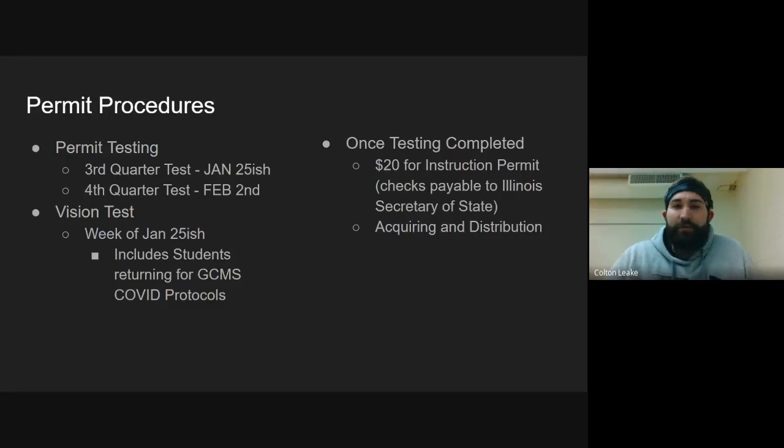We were going to do our test for third quarter next week on Friday, and then the COVID bug hit us, so I've moved that right now to January 25th-ish. That could be January 26th. It could be January 25th. I prefer to do it sooner, but it's going to be roughly in that window.